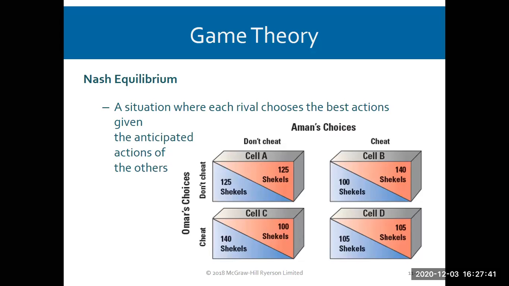Something called game theory highlights this mutual interaction or mutual interdependence between firms. And the Nash equilibrium, that's a situation where each rival chooses the best actions given the anticipated actions of the others. So that's that mutual interdependence thing here. And we can just start out by saying Aman